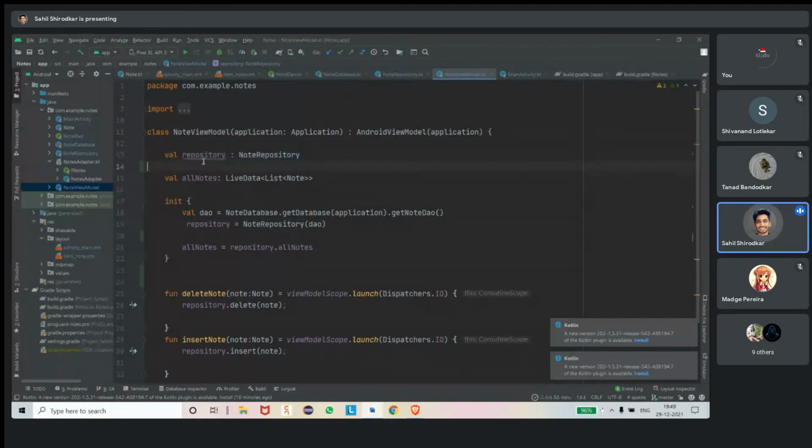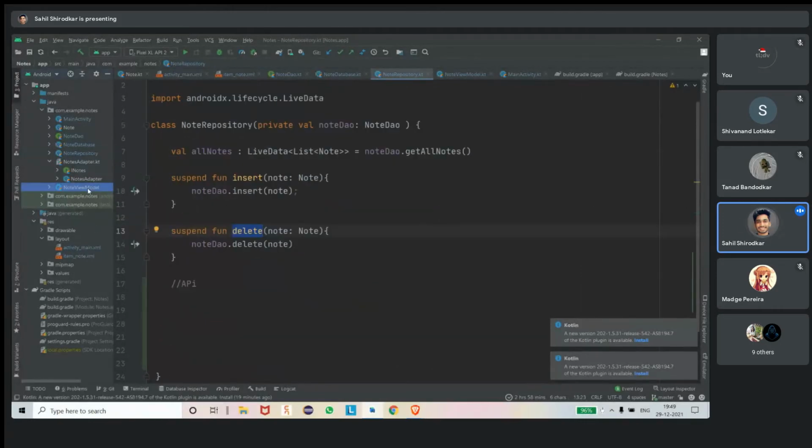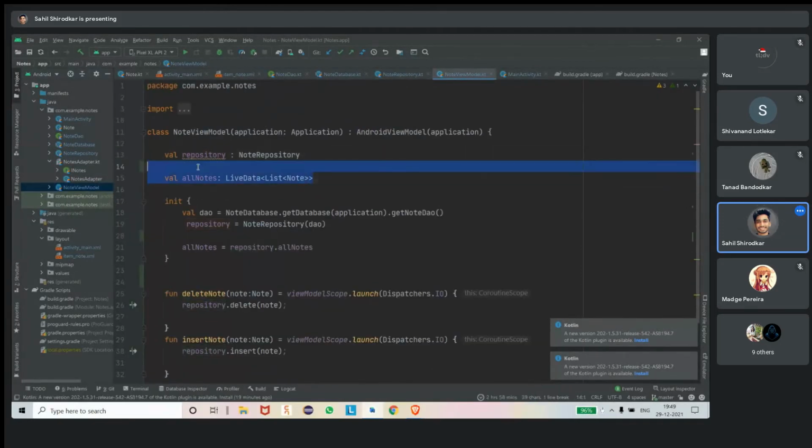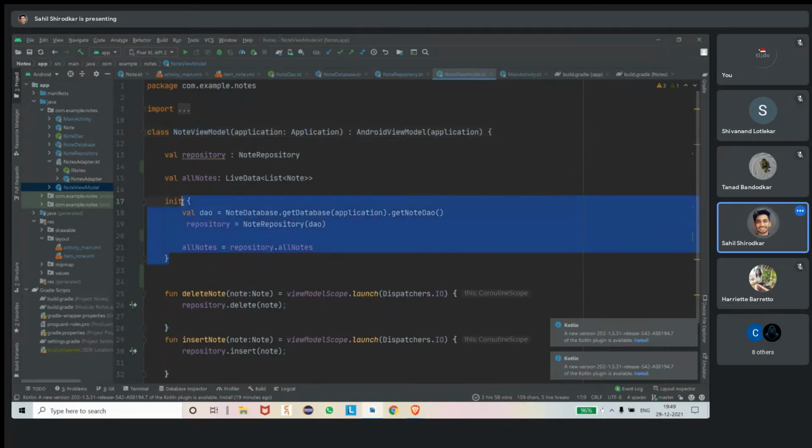We have declared a variable called repository, that is the NoteRepository, and we are also declaring an allNotes variable. Whenever a view model is created, the init block runs. The init block is a block whose code gets run whenever the constructor is invoked.